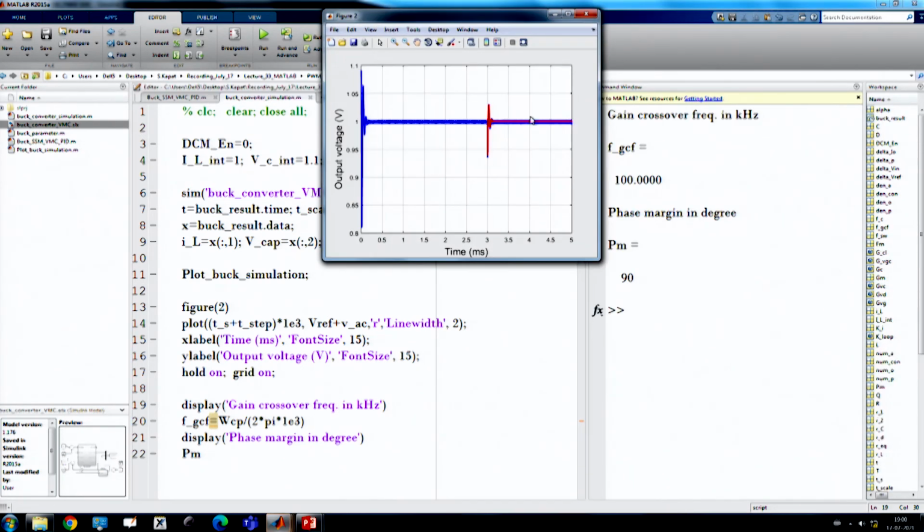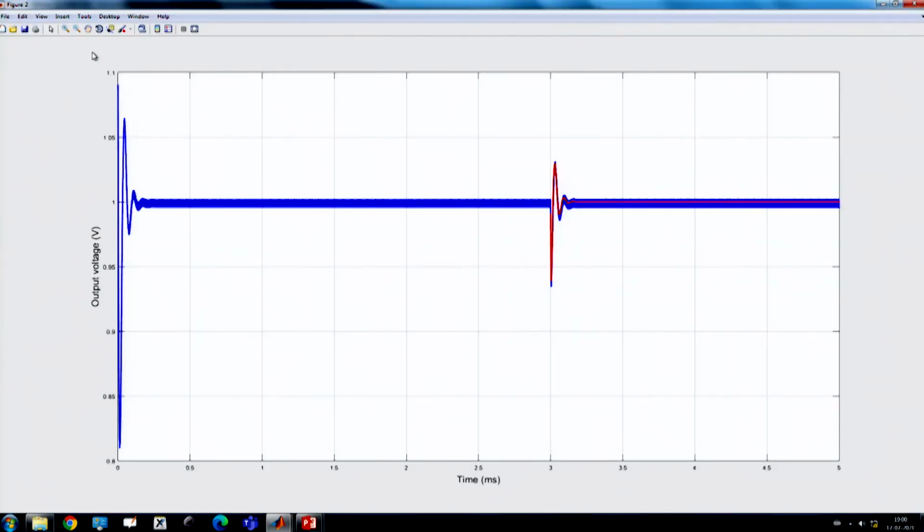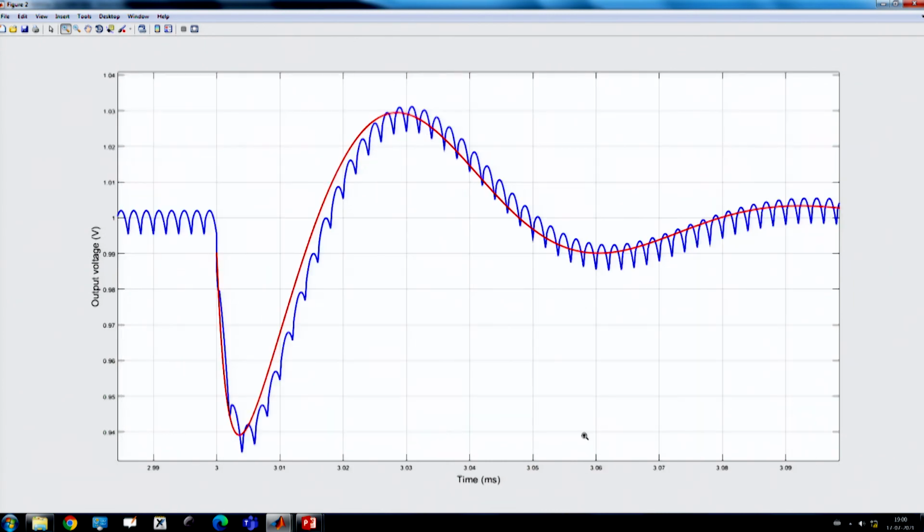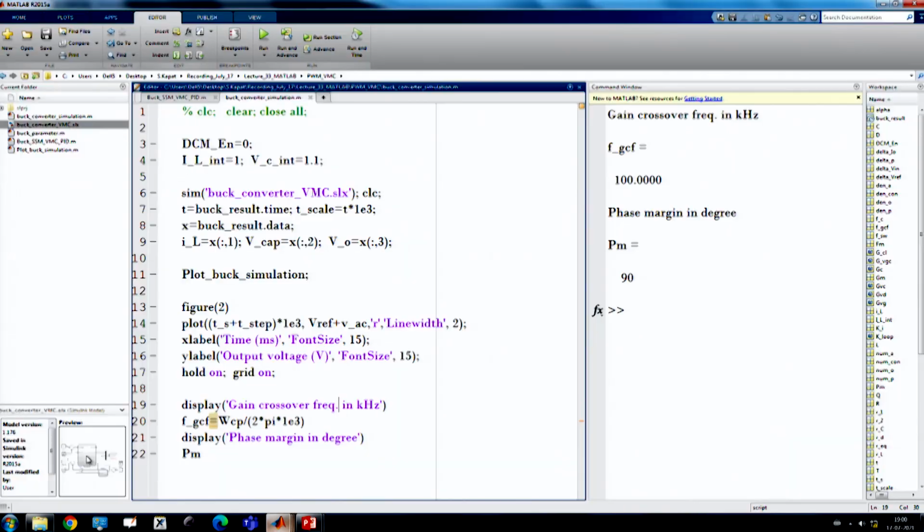So, we are going to see the response, and you will find now the response is diverging. I mean their actual peaks are down, so the response starts diverging. Okay, so that means we should not use 1/5 of the switching frequency as the bandwidth, because the small signal model is not accurately matching. Okay, they are not valid.